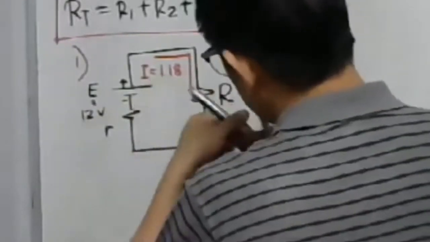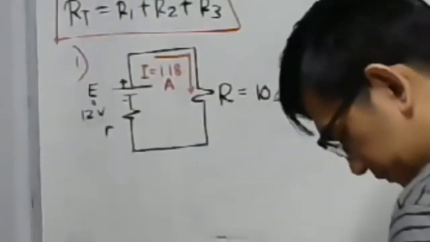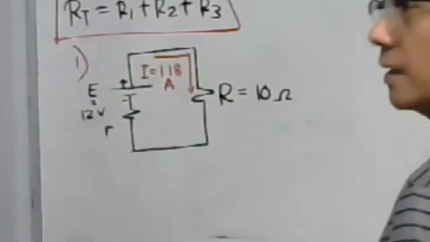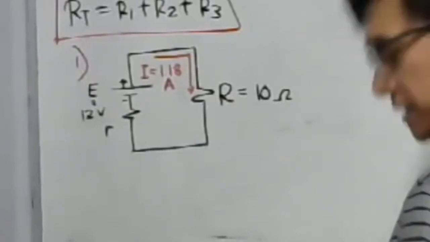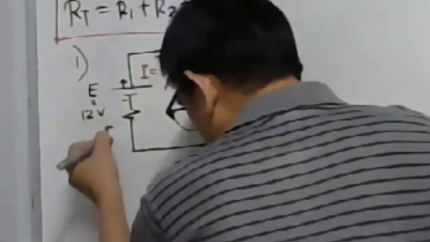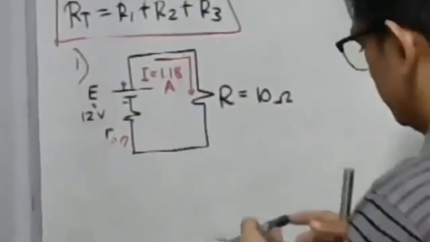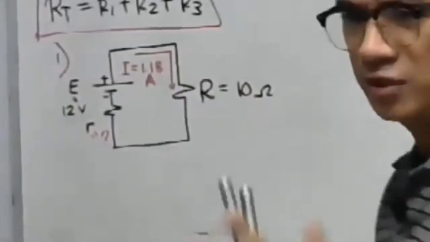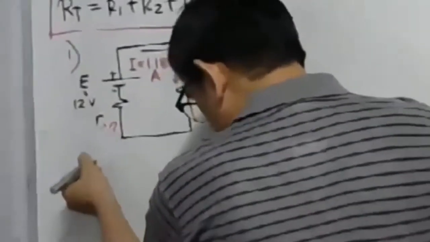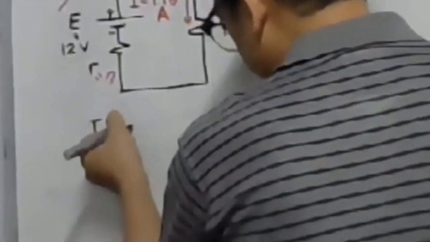Okay, we have our total current, 1.18 amperes. So the question is, what is the internal resistance of the battery? Actually, this problem is only Ohm's law. So the total current is simply equal to the total voltage